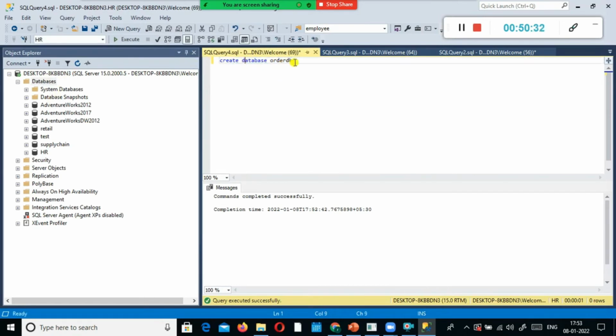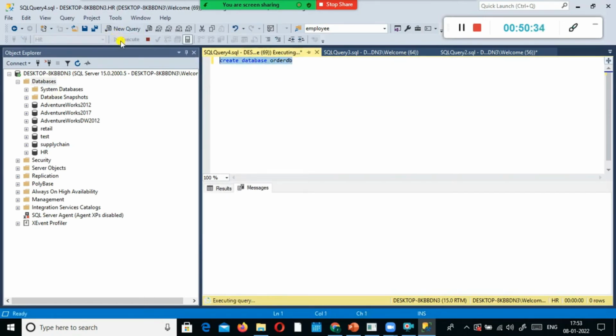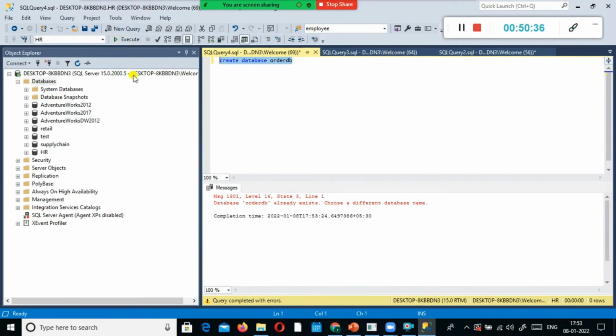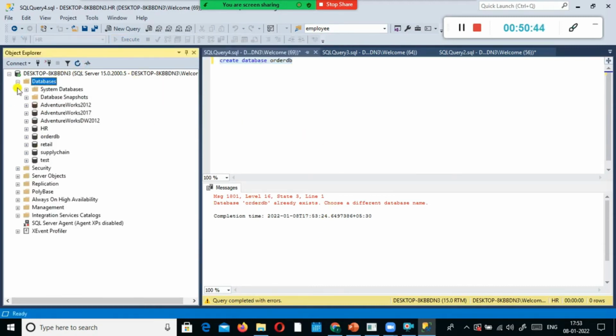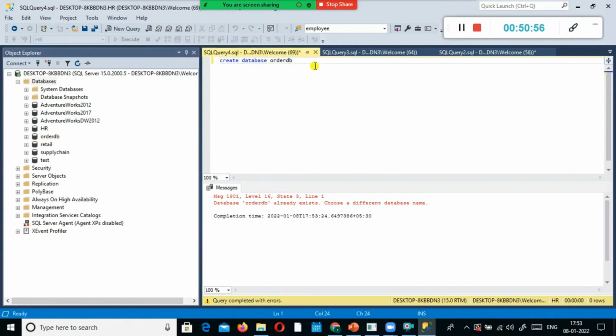So let us do one thing. So here, database already exists. It got created. Okay, let us do one thing. Here, I just select on this, one second. Look here. After I refresh it two times, right? And then only I can see the database which I created just now. So using the command or the keyword create database, we can create the database.